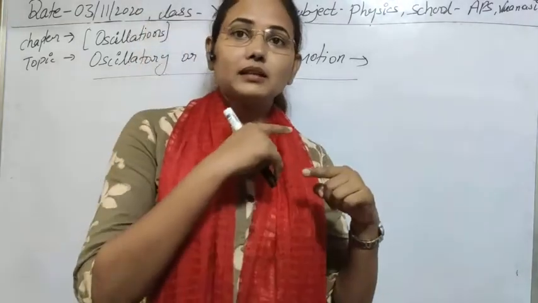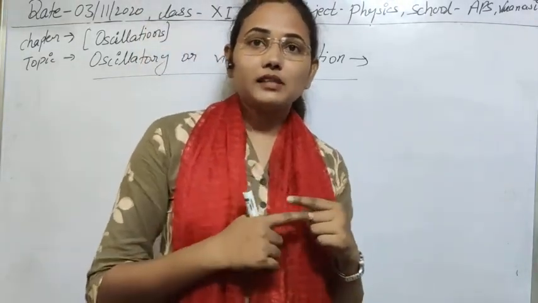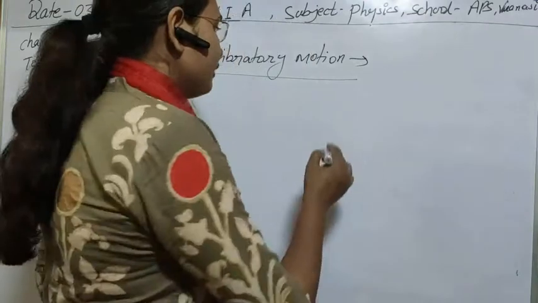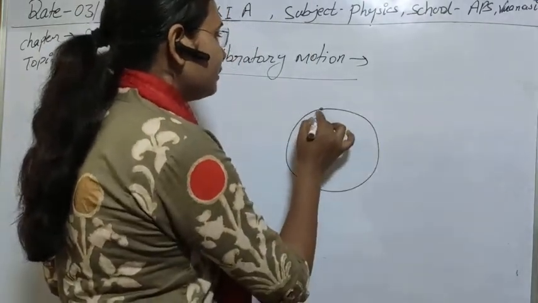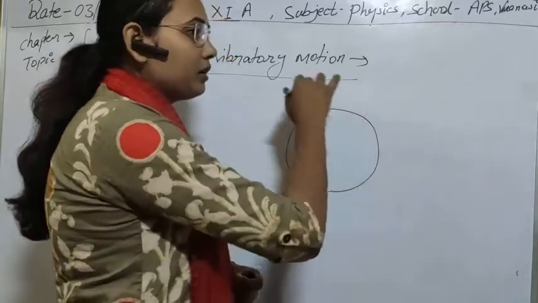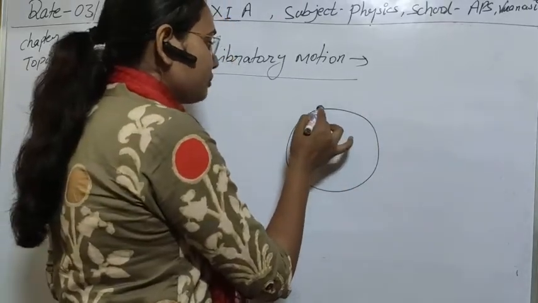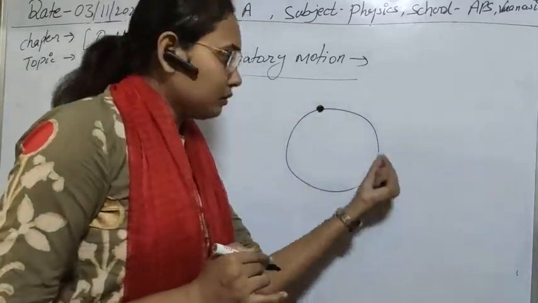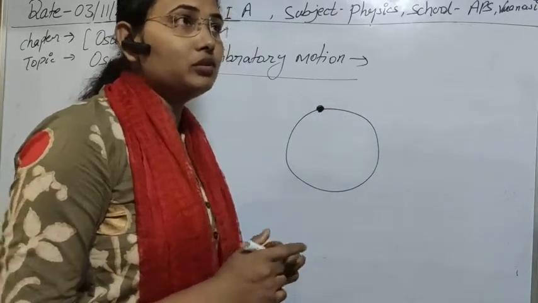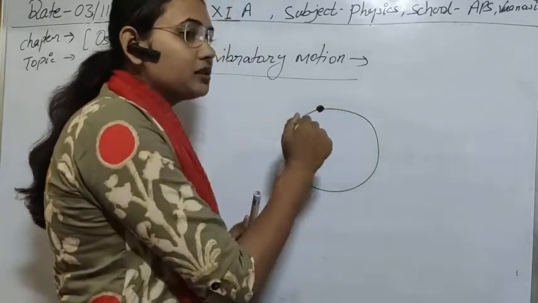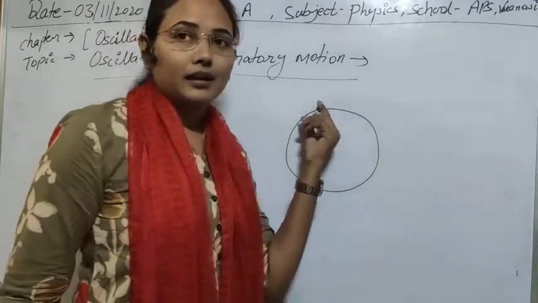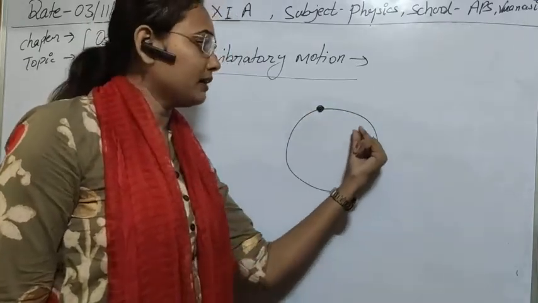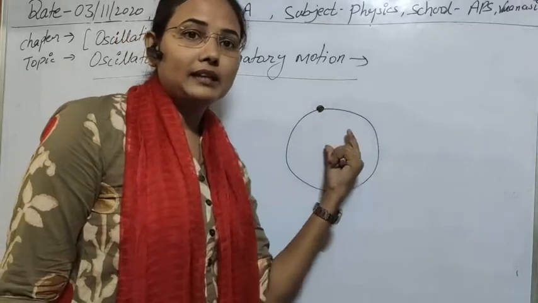If there is any particle which repeats itself after a fixed interval of time, then that type of motion is known as periodic motion. For example, if we take a body performing circular motion, then obviously if it starts from this point, then after a 2 pi rotation it will come again to its initial position, meaning all the values of its final position will be equal to its initial position. The motion is repeating itself after a certain interval, that is, in case of angle, 2 pi, meaning after an angle of 2 pi it repeats its motion.